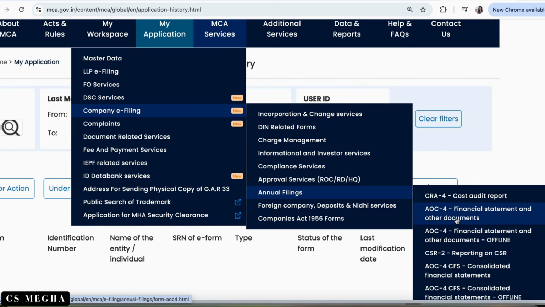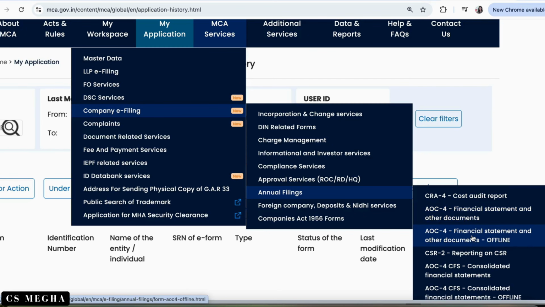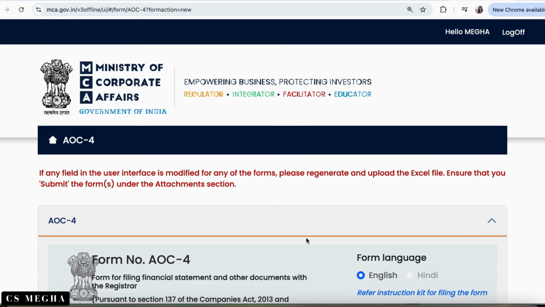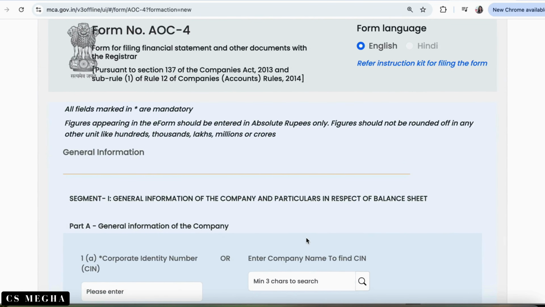Both AOC4 online and offline are available, but we'll go to AOC4 offline. After clicking AOC4 offline, my form gets opened. Now this is AOC4. We'll start filling this AOC4 form.